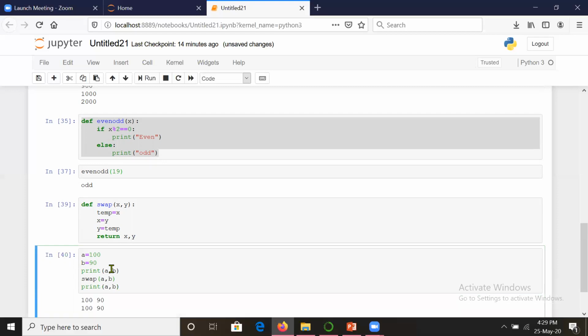Okay, now some mistake is there. Swap is returning the values, so we need to collect those values. Suppose we collect those values in a and b. Suppose a comma b, it is returning the value, okay. So print a b.